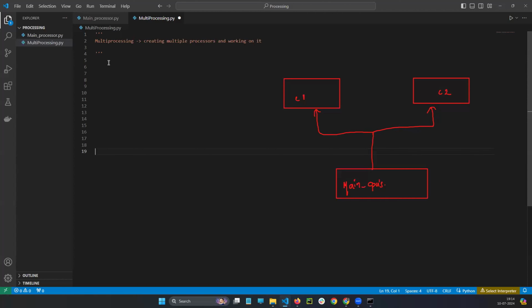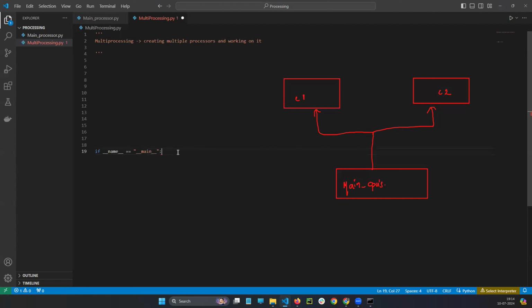Forgot it? How to write the main CPU, the main if processor? Underscore underscore name, double equals, underscore underscore main. Yes. So this is what